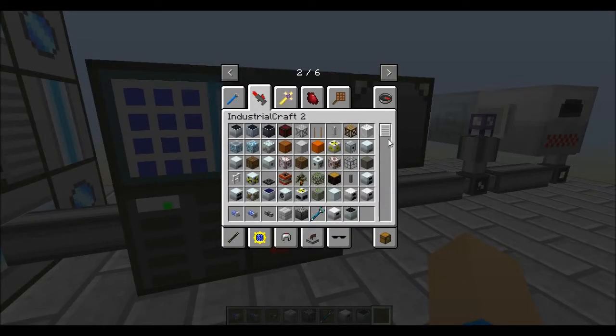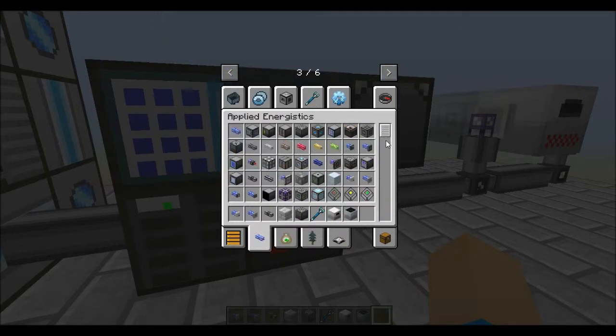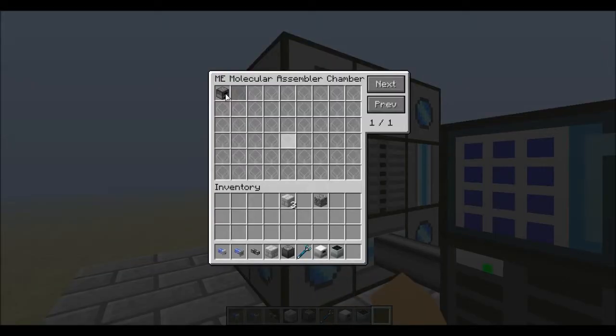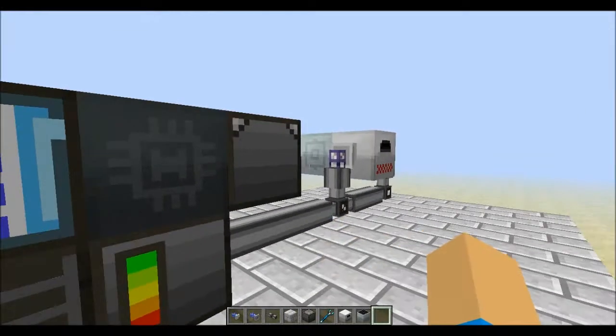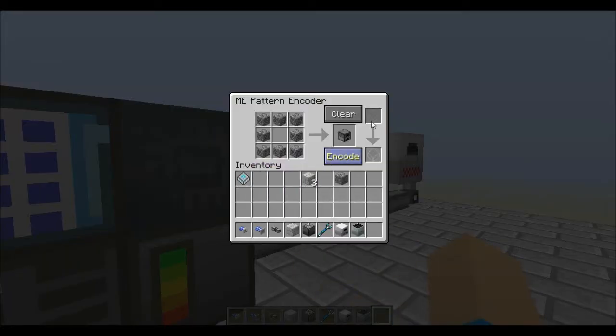Now, we definitely can use this stone and create stone bricks. So I'm going to grab another one of these. Actually, you know what? I'll just grab this guy. So grab this pattern out, go back to the encoder. We're going to put him here. Oh, we're going to...